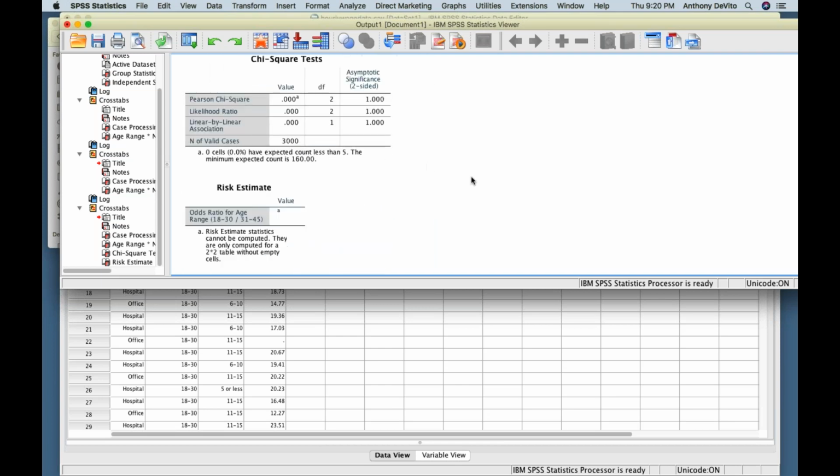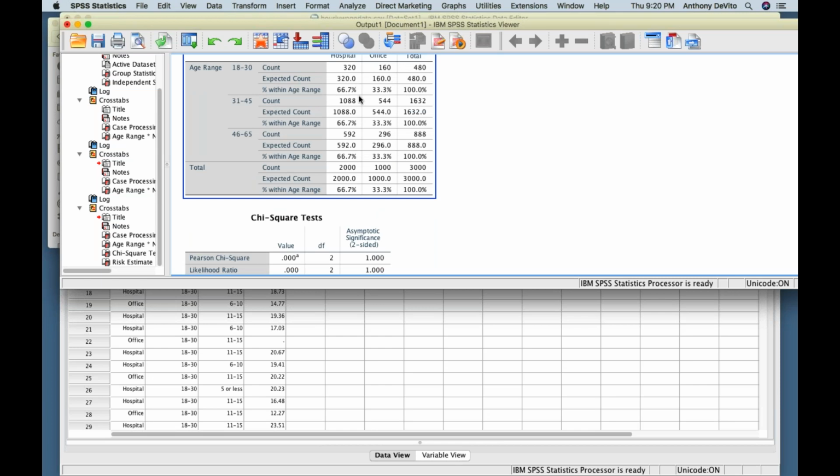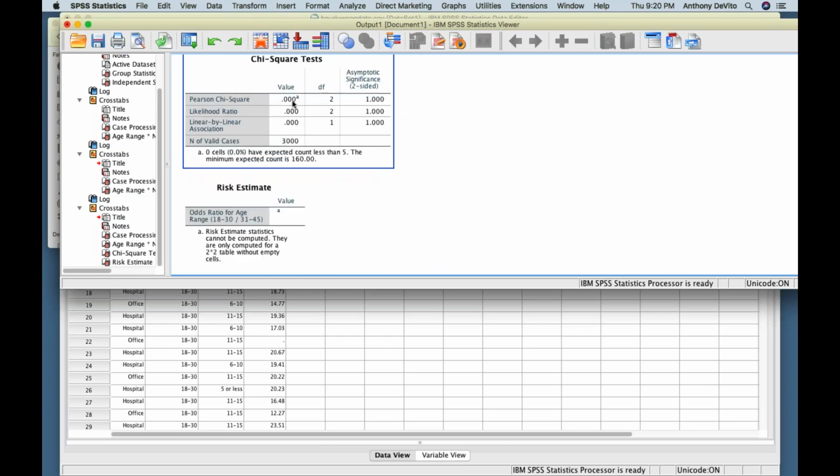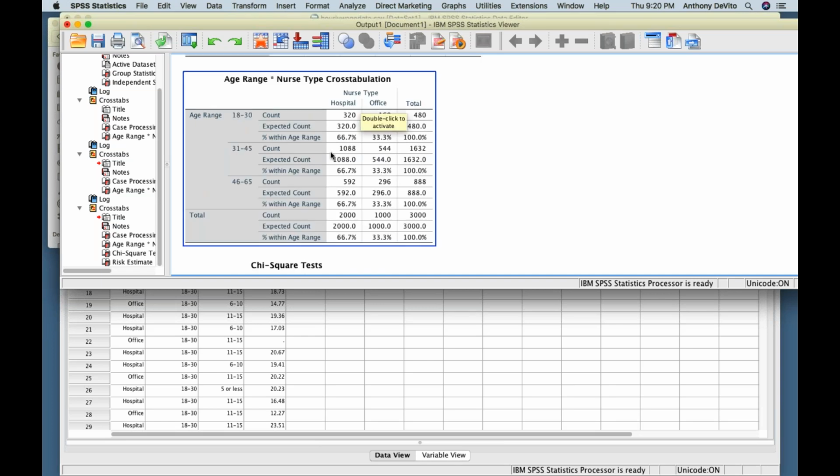Weird data. Okay, so had there been differences here, we would have gotten a chi-square that was different than 0, right? We expected 0 because of the data result that we saw when we looked at the observed values. We would have gotten a chi-square different than 0, and a different p-value. And if the p-value was small enough, less than 0.05, we would reject the null hypothesis. Our null hypothesis was that there's no association between the age range and the type of nurse, where a nurse might work, and